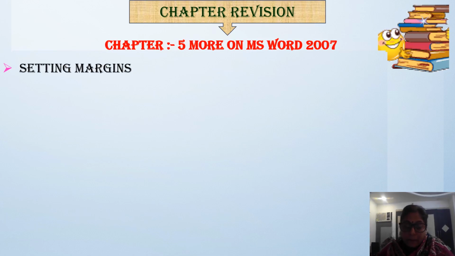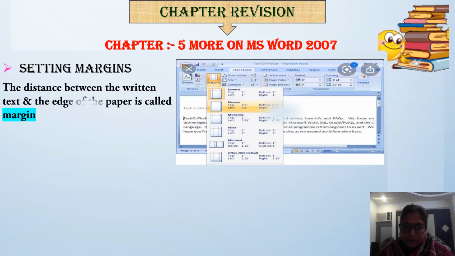Then setting margin. What is setting margin? The distance between written text and the edge of the paper is called margin. Okay. MS Word allows you to set the margin on all four sides of the document, that is top, bottom, left and right.